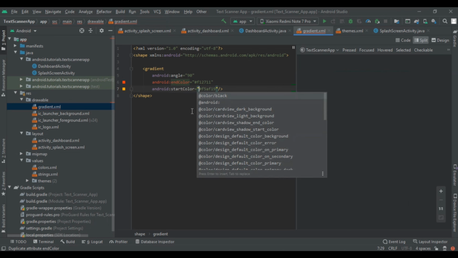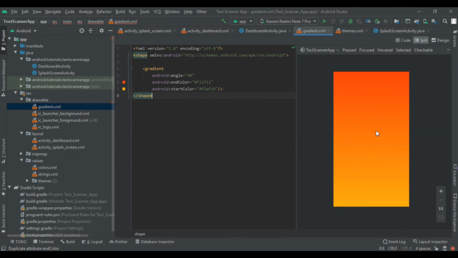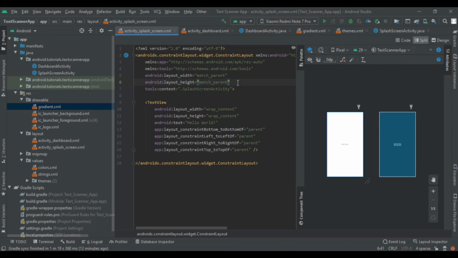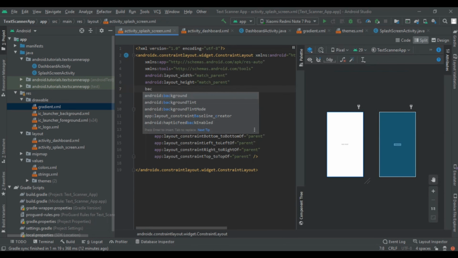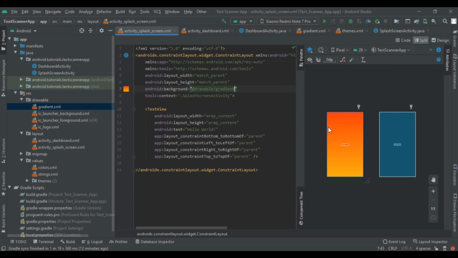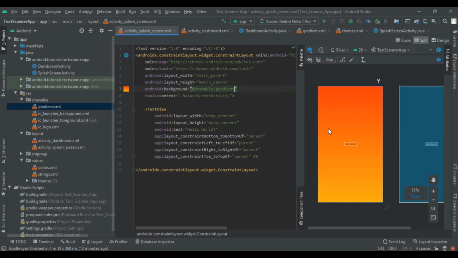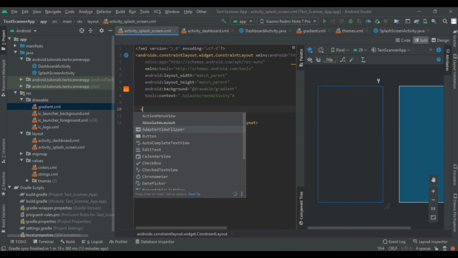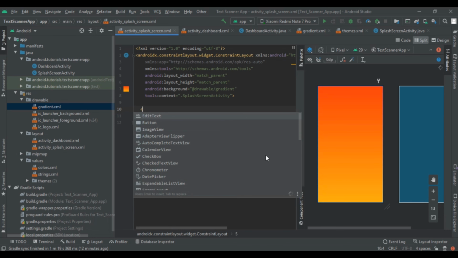So we will get this type of gradient, and now we are going to set this gradient as our splash screen background. Here write one attribute, background, and then gradient. Here you can see that we got our gradient. Now implement the things that we have to add in our splash screen. First is an image view.